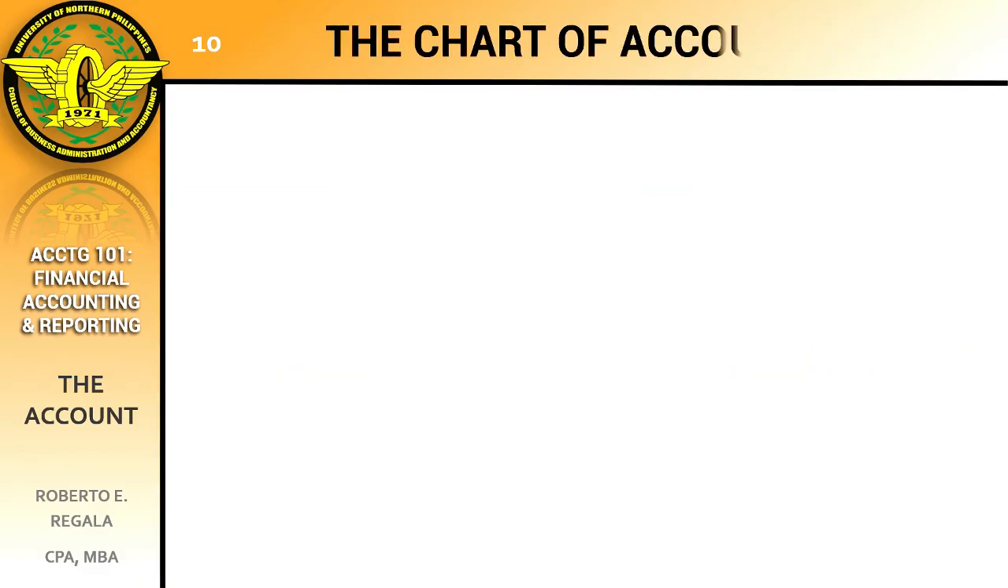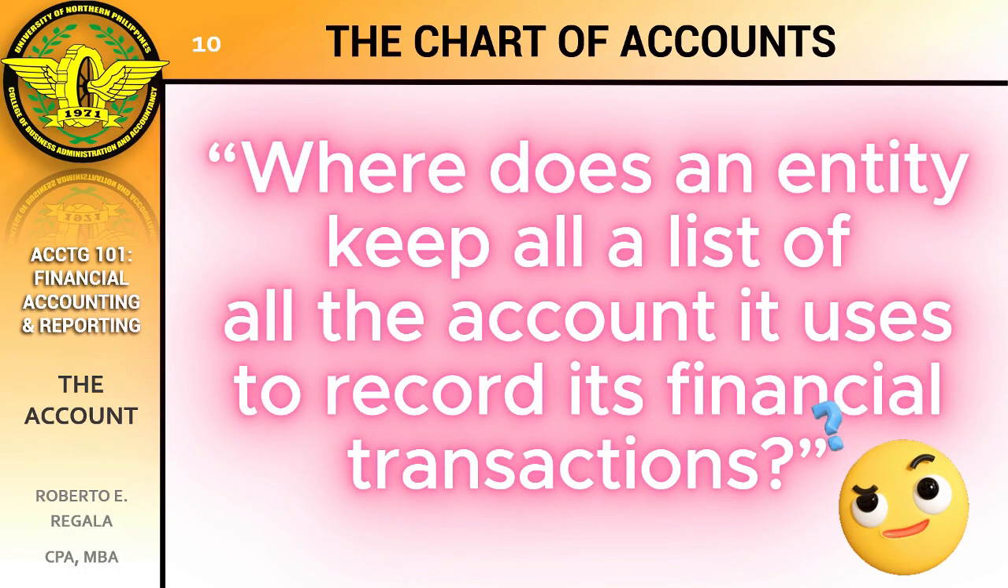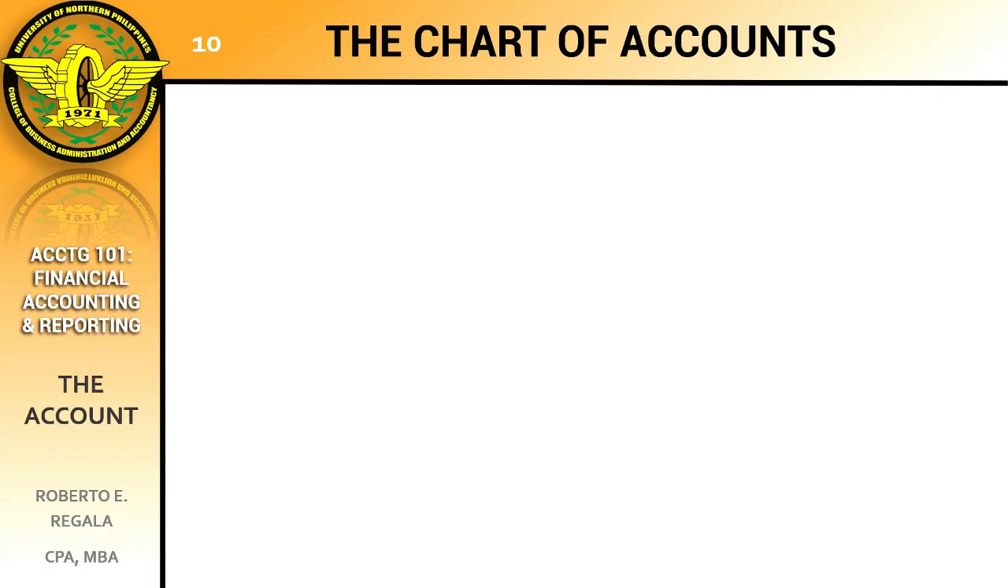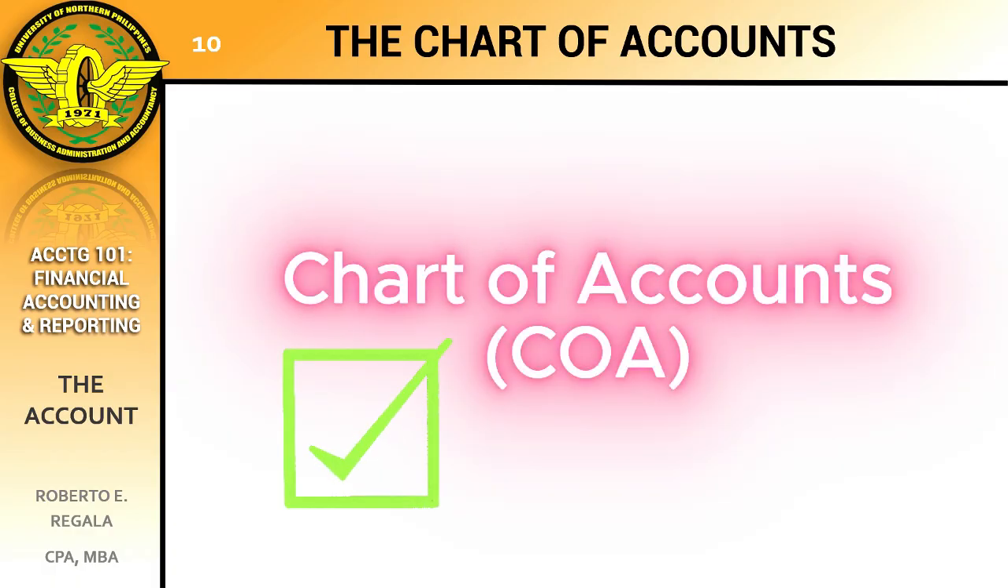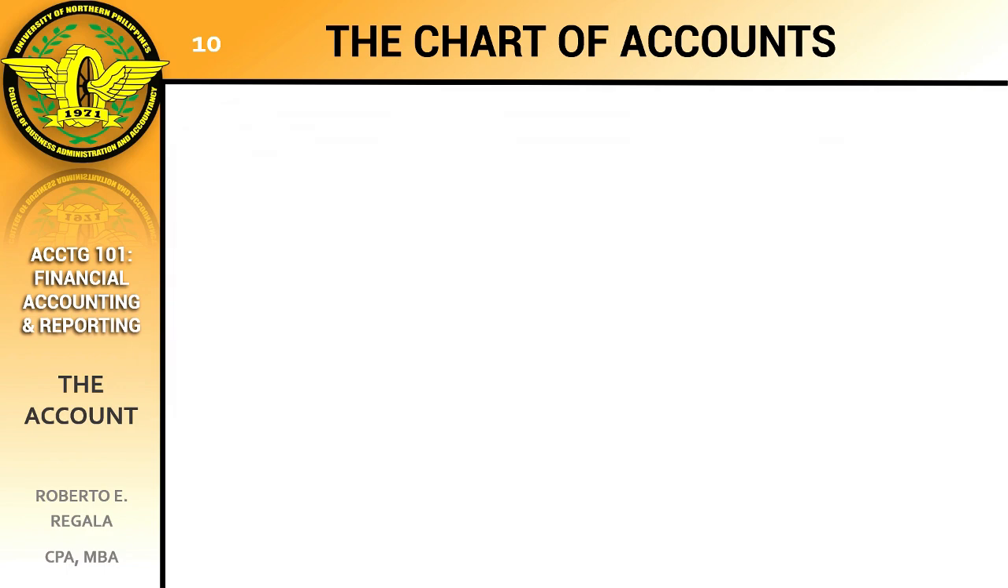The chart of accounts. Now you might ask, where does an entity keep a list of all the accounts it uses to record its financial transactions? Well, entities keep a list of all the accounts they use in a chart of accounts, or COA. The chart of accounts is like the financial backbone of a company, keeping track of all the money